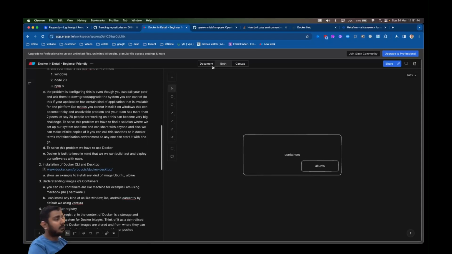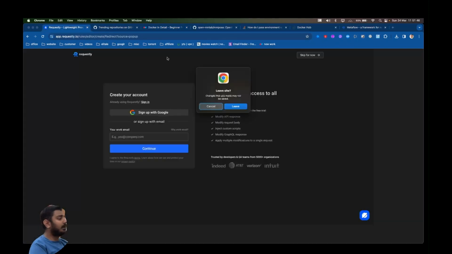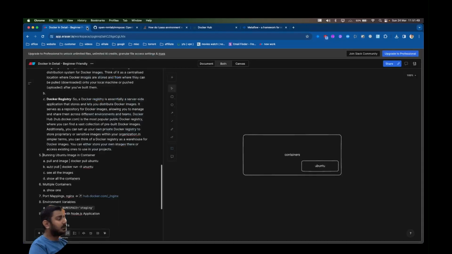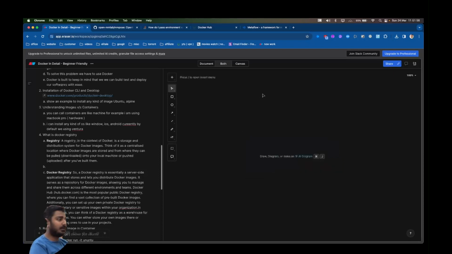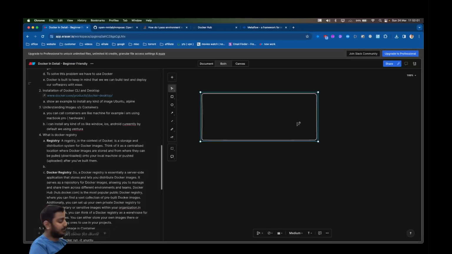So what is Docker, and why is it very important? Let's talk about this. Let's say you are a software engineer and you are working on a project. This is a basic e-commerce application, and in this application you are running Node.js as a backend,